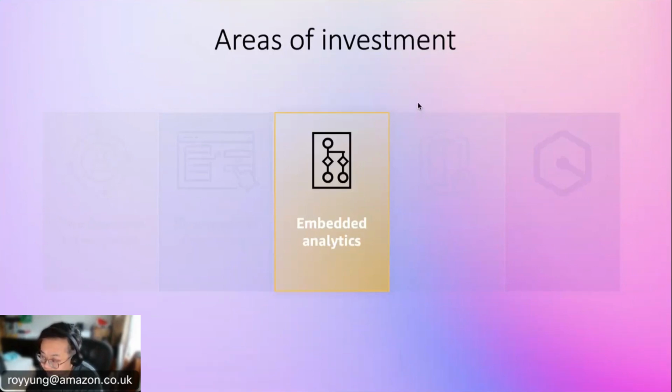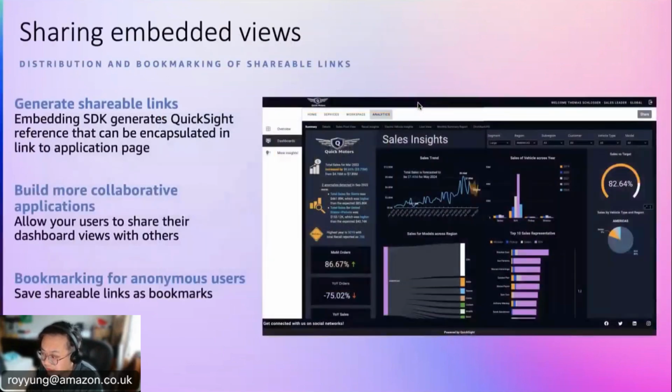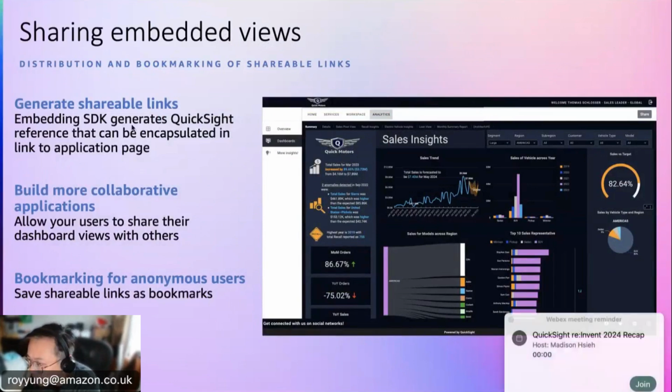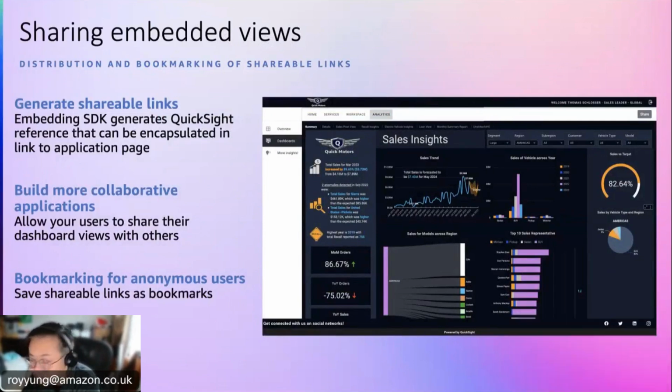Okay, then on the other area, which is embedded analytics. In this case, I have the sales insight report, which is showing the sales for Quick Motors. The first thing, in embedding, we have a new SDK. In the SDK, you can generate